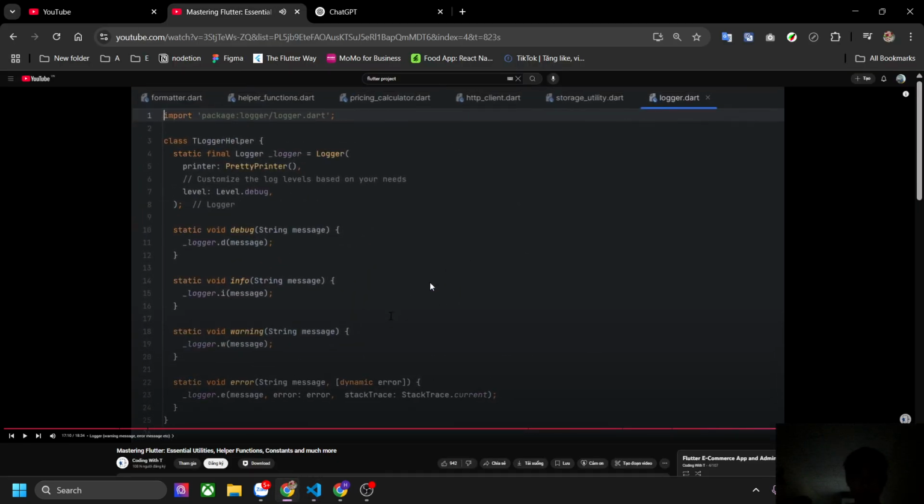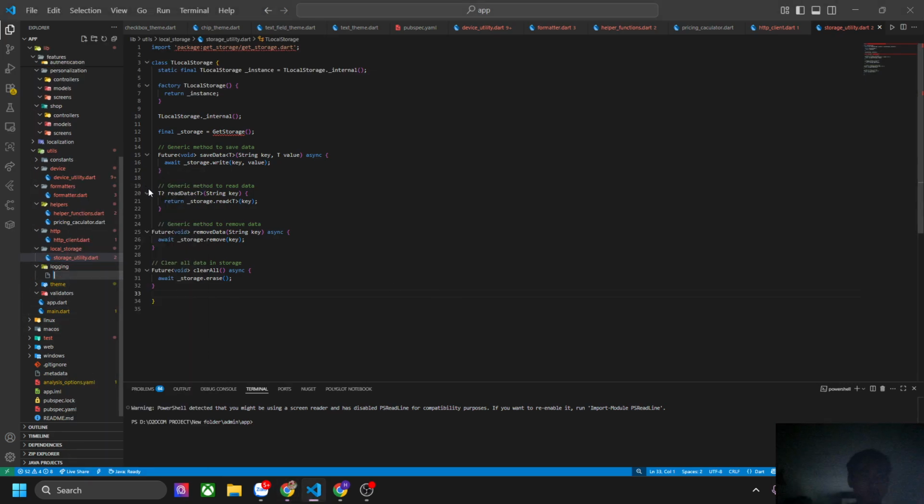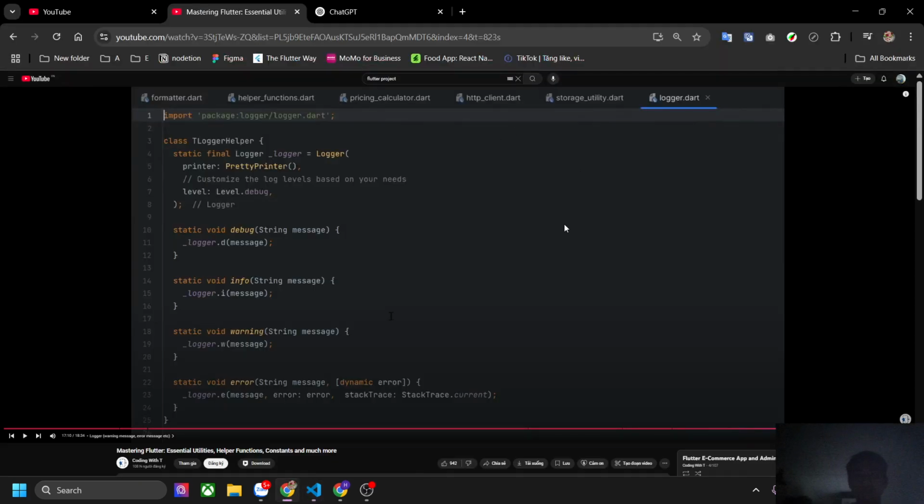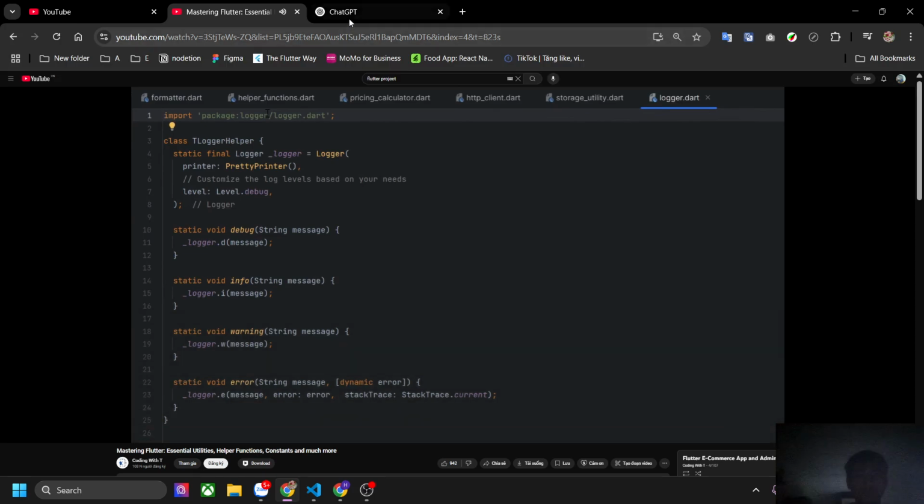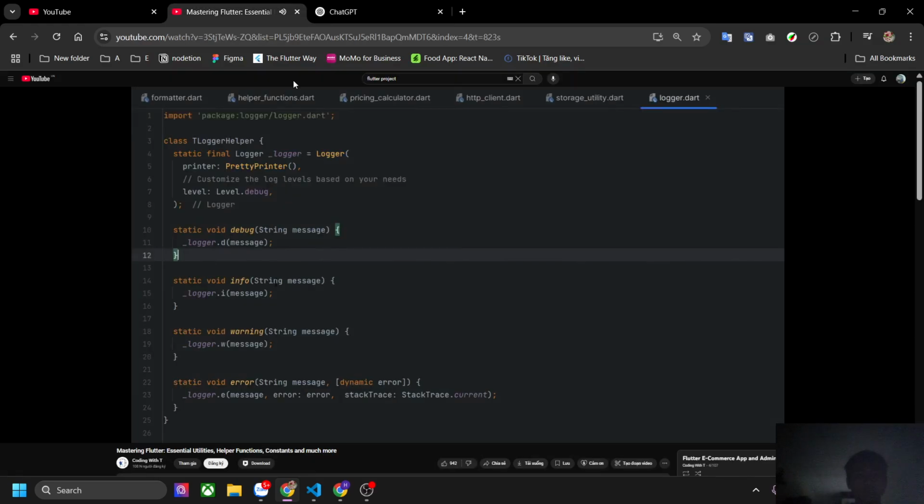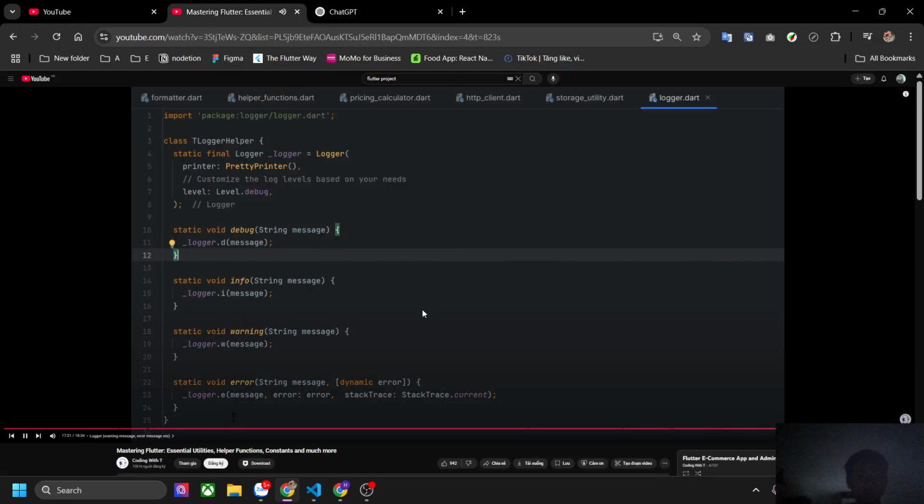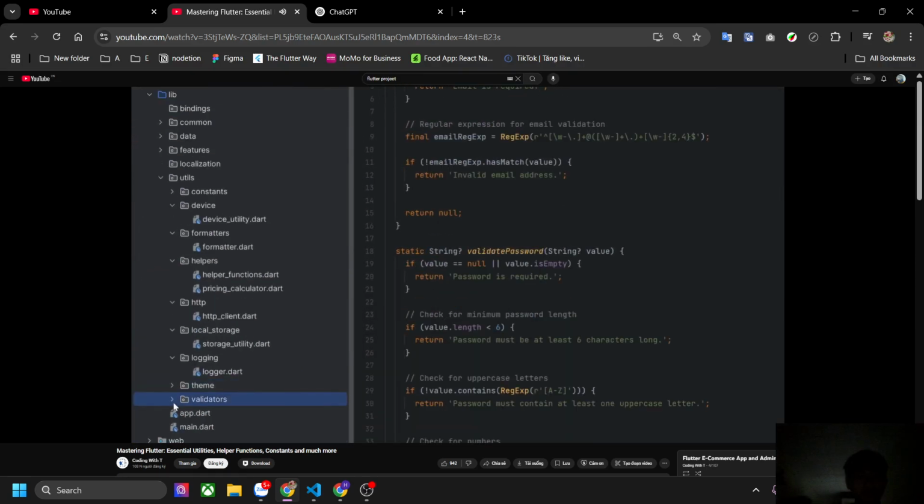logging. If you're using some logger, which I have added on the pubspec, logger.dart. We have created a simple logger, and using that logger we are adding debug message, info, warning, error, and some other type of messages you can add. And then the theme is added in the previous tutorials. And then after the theme, you can see we have